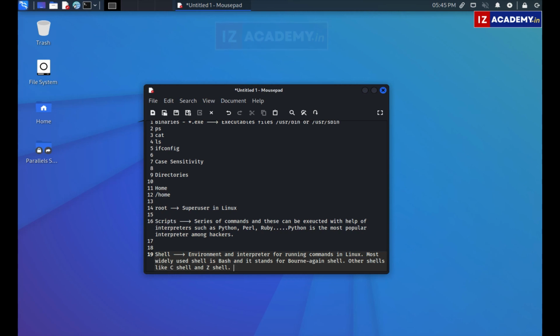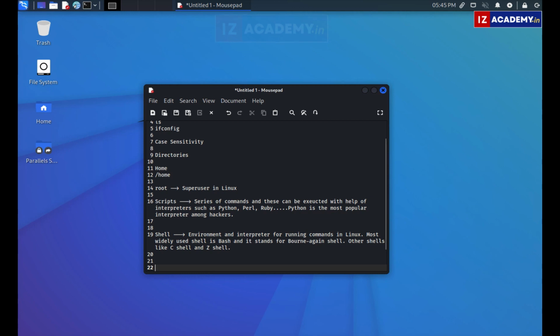So just be aware of these terms that you will come across almost every time. And terminal is nothing but your command line interface in Linux. Just as you use the command prompt in Windows, in Linux we call that the terminal.